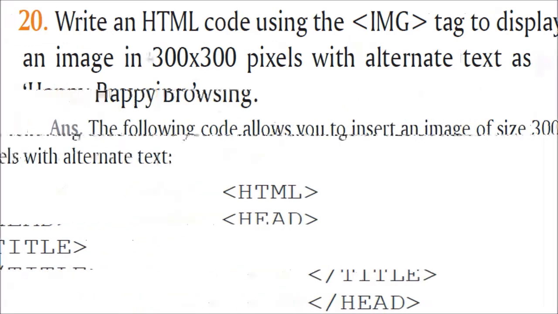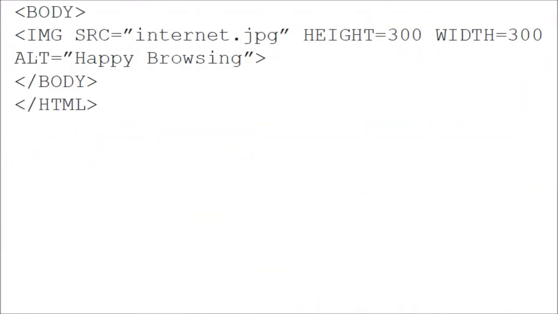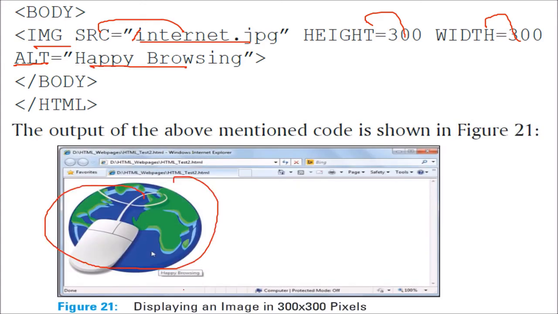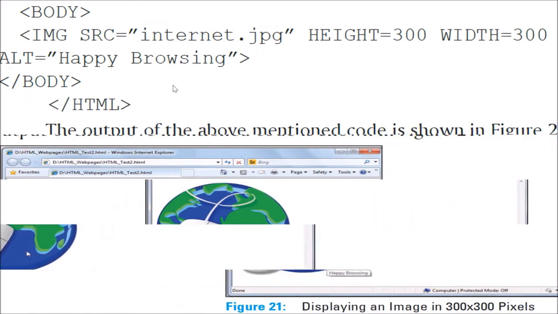So you just have to write like this. img source will be any image you can take, and you have to give the path, height equal to 300, width equal to 300, alt. The alternate means when you take your mouse cursor on that image, happy browsing will be shown. So the output will be something like this. This is some image, and if you hover your mouse over it, you will get happy browsing.